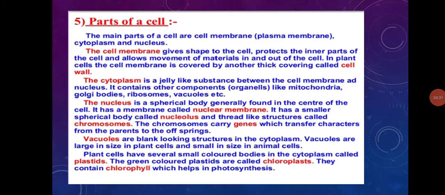Cell organelles. Cytoplasm contains many small structures which are called cell organelles. On the basis of membrane, we can divide cell organelles into three groups. Double membrane bounded cell organelles are endoplasmic reticulum, Golgi complex, mitochondria, plastid and vacuoles. Single membrane bounded cell organelle is the lysosome, and non-membranous cell organelles are ribosome and centrosome.